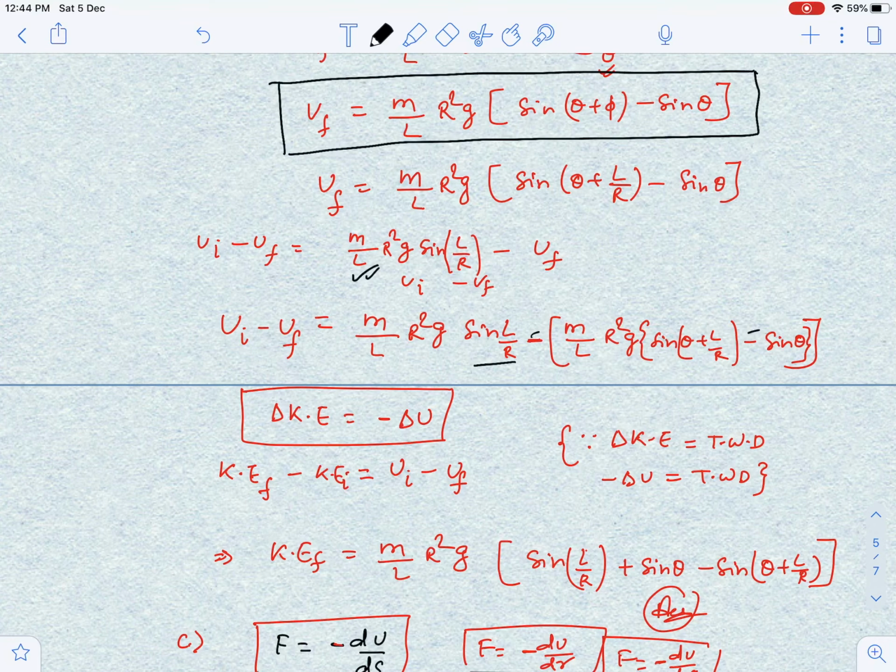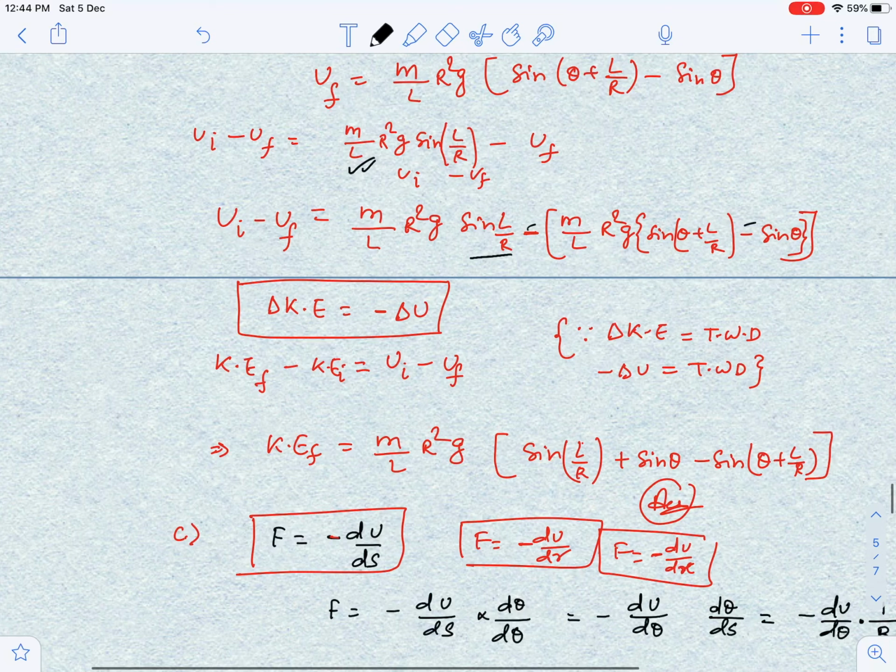So plus sine theta and minus sine, because I have taken m r square g by L common, so the term remaining is minus of sine theta plus L by r. This is the answer of part B, guys. Now,